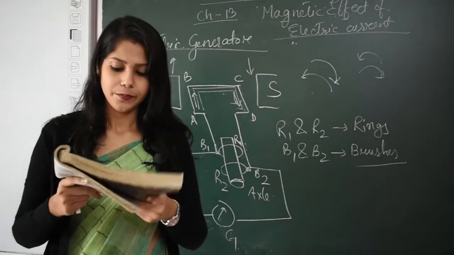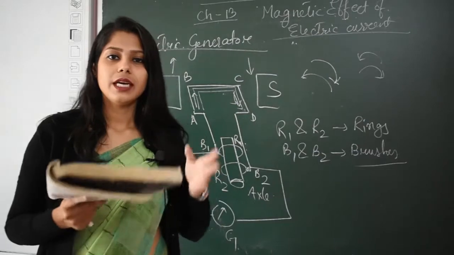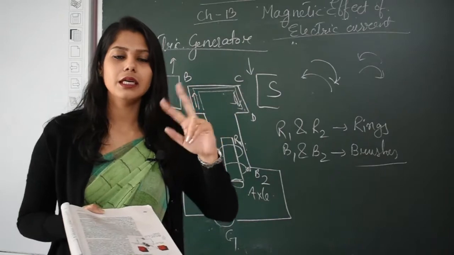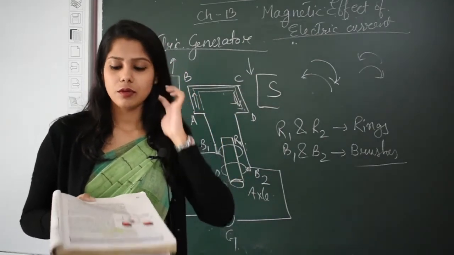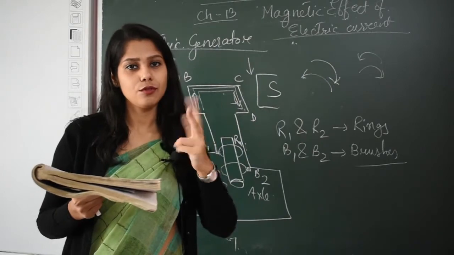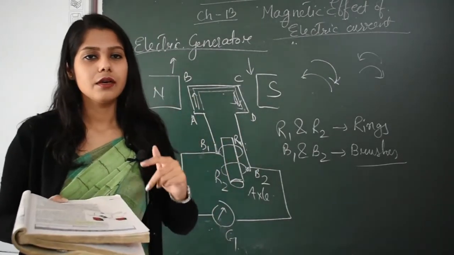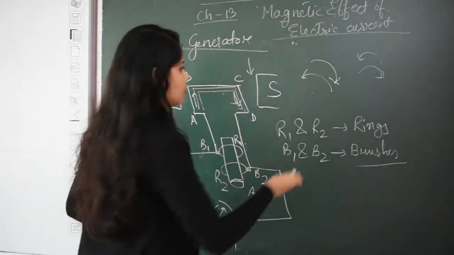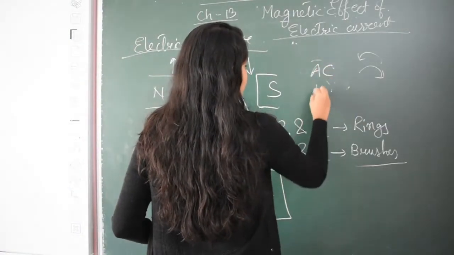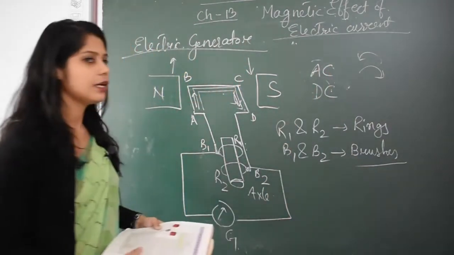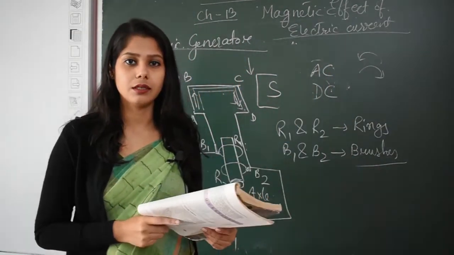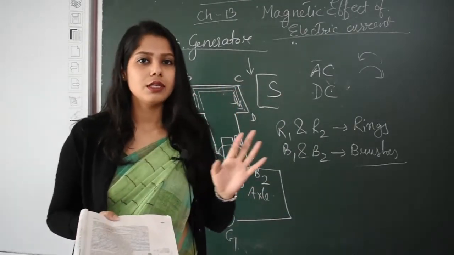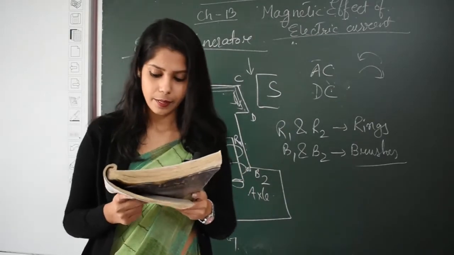Here the rotation is periodically divided into two parts, clockwise and anti-clockwise, and that is why we get alternating current. Now, to get direct current, there are two currents you already know, AC and DC. If I want to get a DC current, we can use a split ring as the commutator, and then we can produce DC current here. But generally we are not using DC current, we are using AC current only.